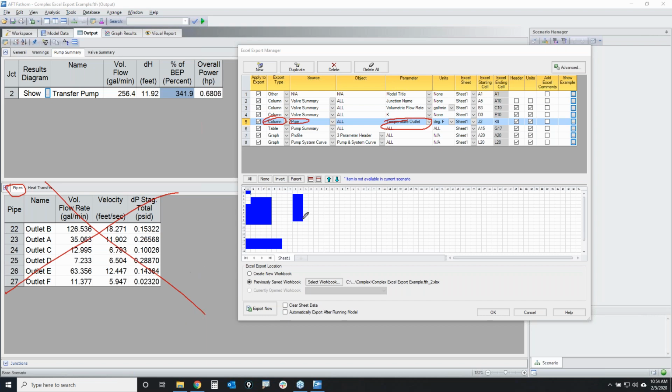but what this allows me to do is it allows me to still export any parameter that I want for whatever pipes are listed here. And that way you can still export data even if you're not showing it in the output window itself. So that's one of the things that gives you a lot of flexibility. And I'm going to send that to J2, and so that's where it's going to put the temperature data